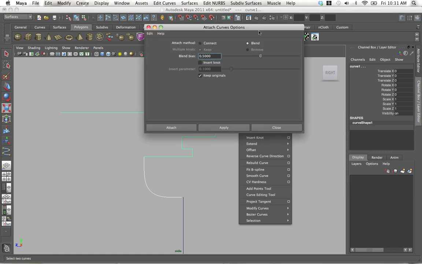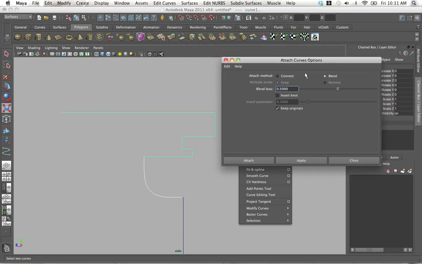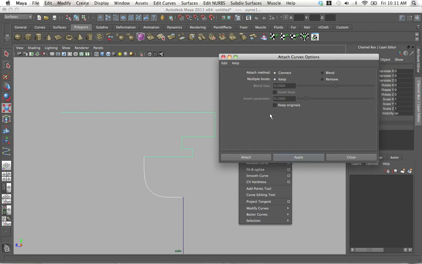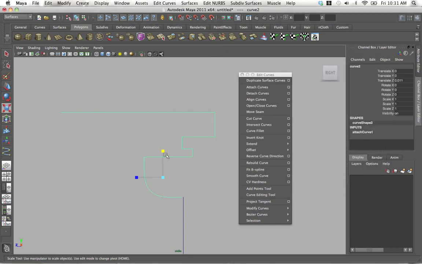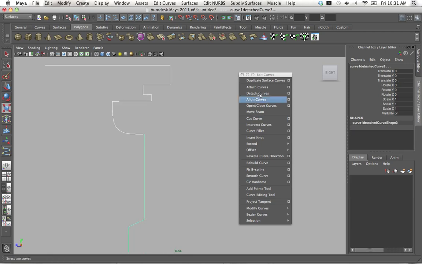But the attach has several other settings that we should be aware of. We don't want to blend them. We want to just connect them. So let's reset the settings and click connect. We don't want to keep the originals because it keeps a lot of the history. I don't want to keep history on, even though we're going to delete the history anyway, because it always leaves some garbage behind. So attach. So this is connected, and do the same with this guy. Attach. See, it's